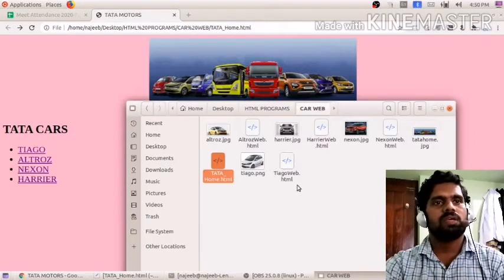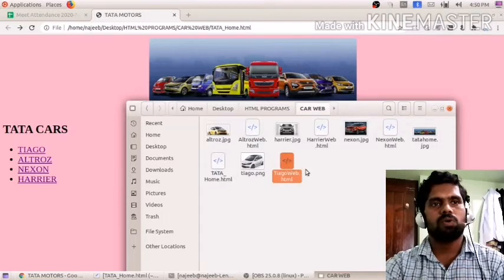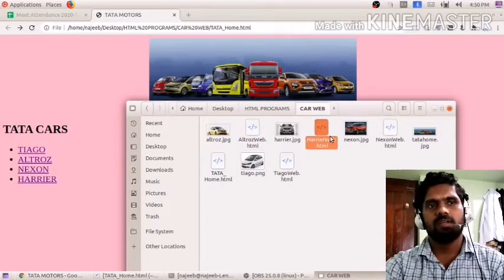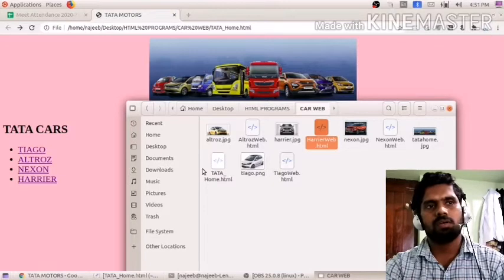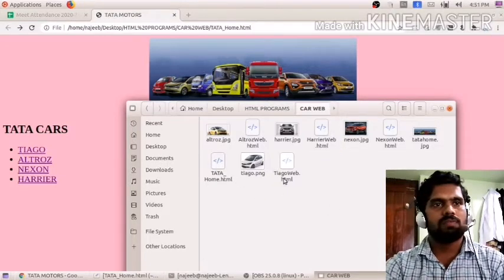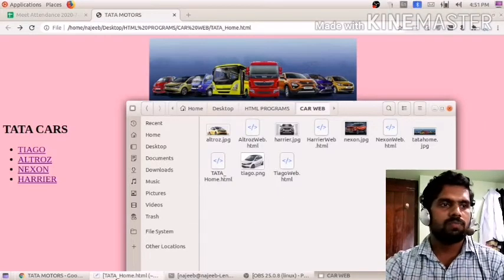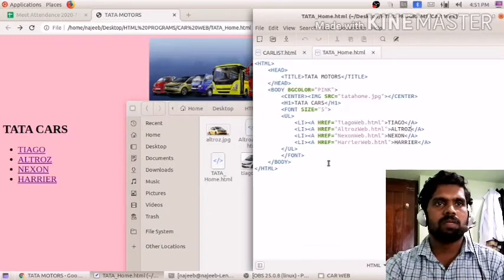Then we have to first create the web pages tiagoweb.html, then Altroz, Nexon, Harrier, like that. After that we have to create the home page. Okay, so I will show you the Tiago web page and what the program is in that one. For that purpose I am just opening the main web page.